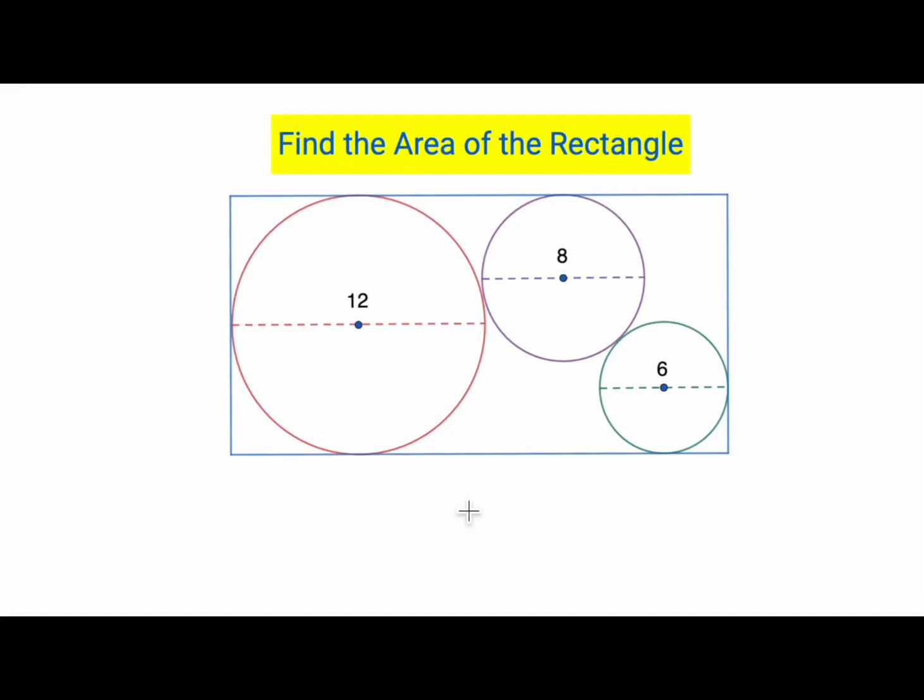All right, welcome back. In this problem, we are going to find the area of the rectangle. In that rectangle, we have these three given circles, which are all tangent to each other and tangent to the